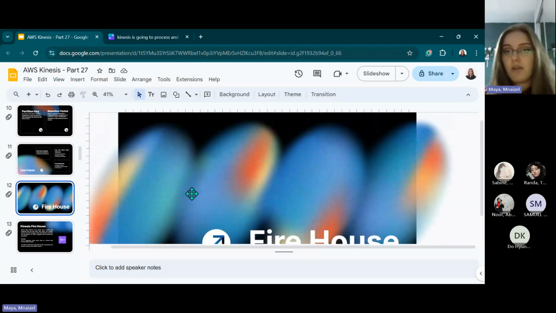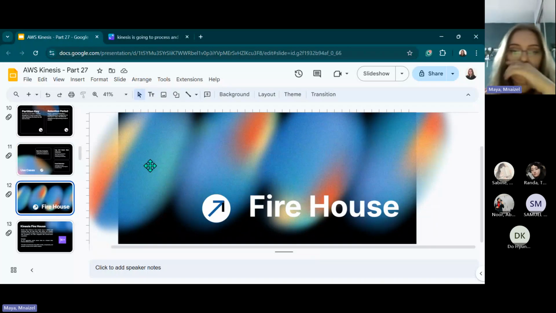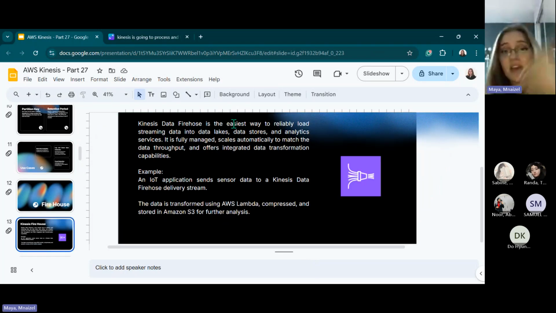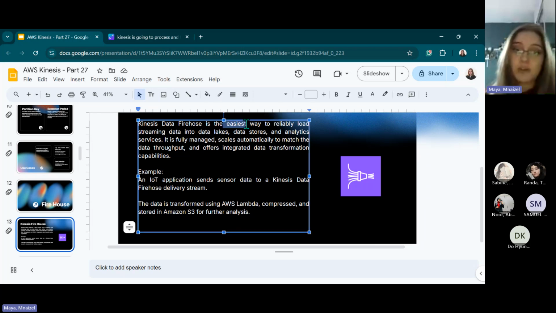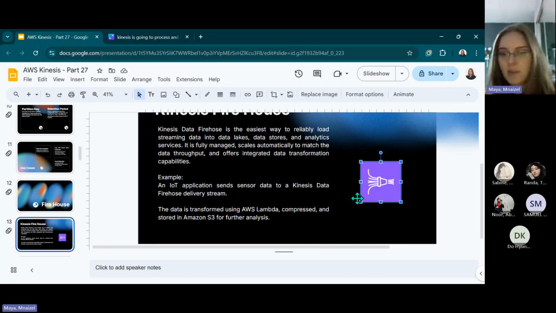Okay, so the second thing we're going to talk about is Firehose, which is the second service after the data stream. First thing, data stream. Second is Firehose. And this is the easiest way to load streaming data into data lakes and data stores. I don't care what it says, okay? I don't like reading from the side. I just want you to look at